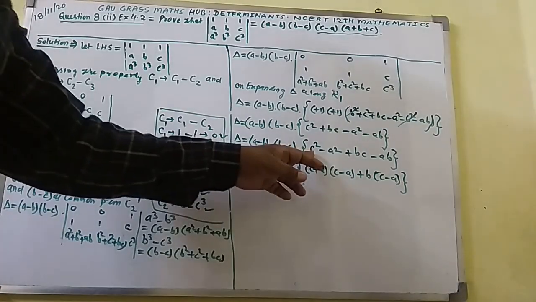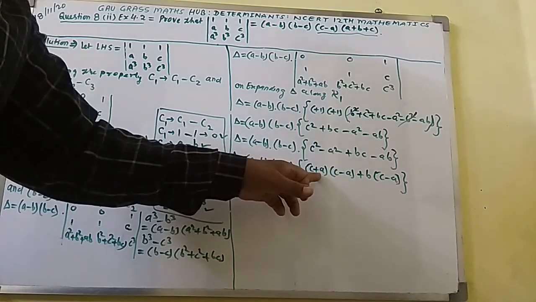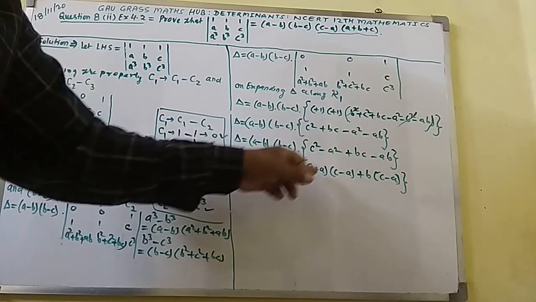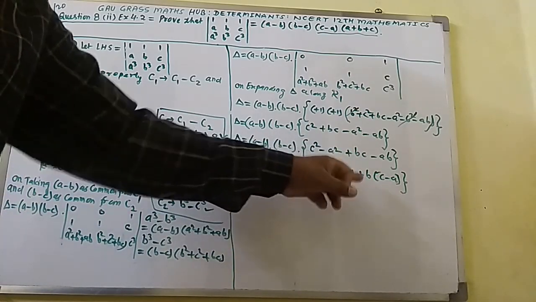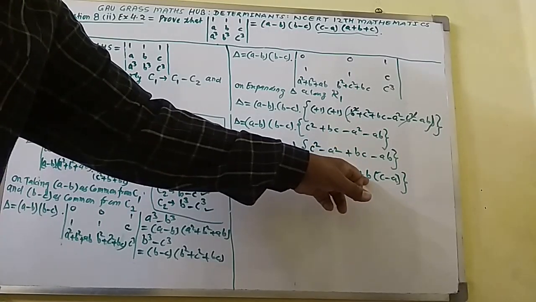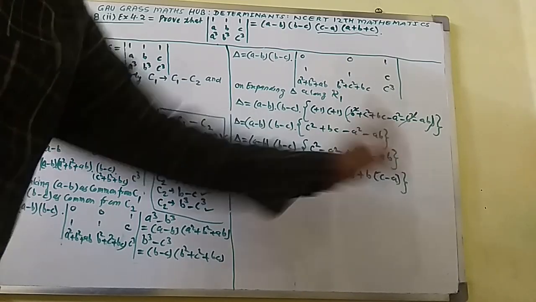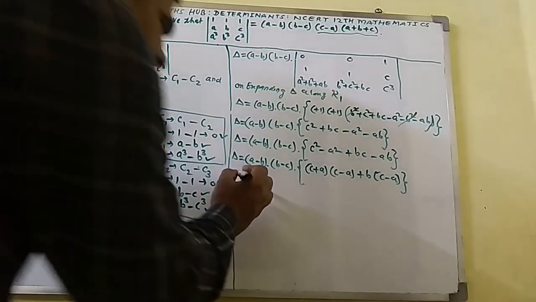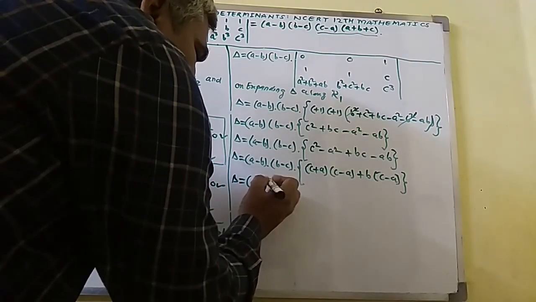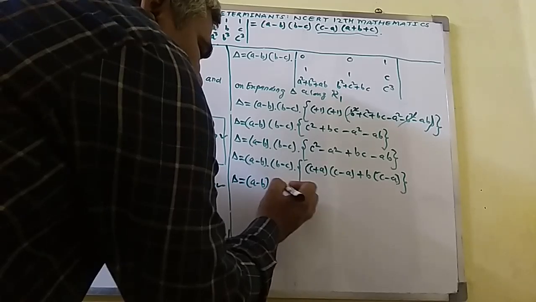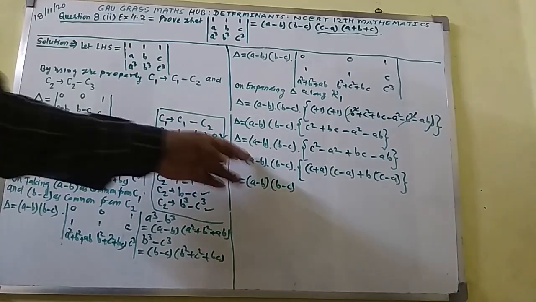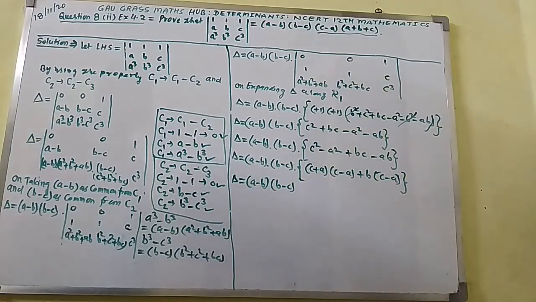So here c square minus a square will get here c plus a. Here c minus a will get c square minus a square equal to c plus a, c minus a, plus is there. Here plus bc minus ab. If you take here plus b common, you will get only c minus a, c minus a will get. Now do the operation here further. Here a minus b will be one bracket, b minus c will be another bracket.